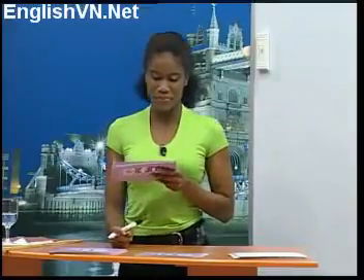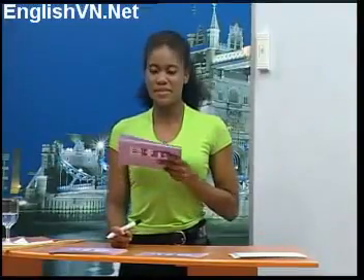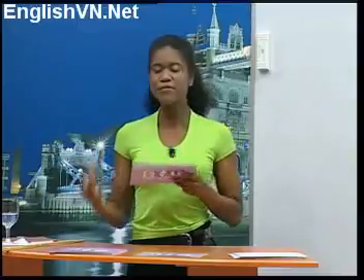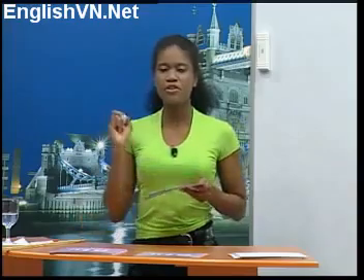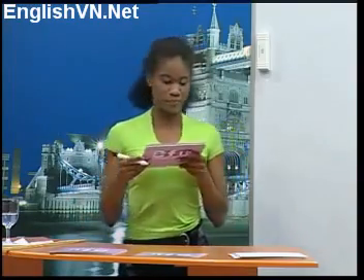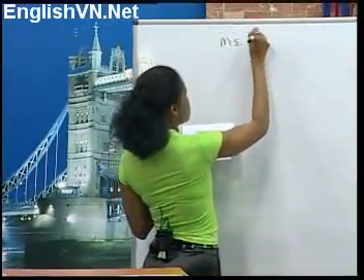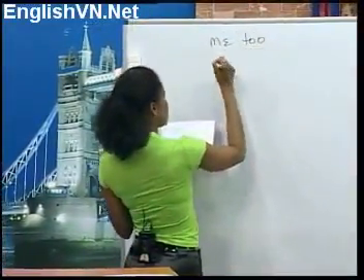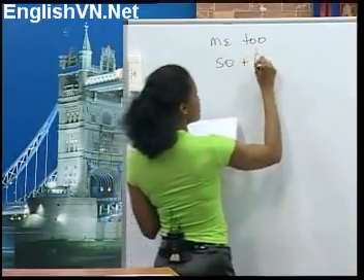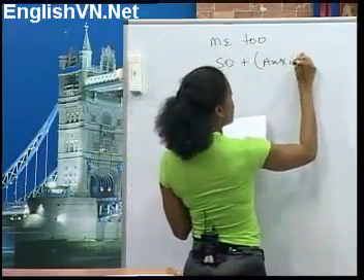Now we are going to look at ways we can agree or disagree with someone about their preferences. When you agree, you think the same or have the same opinion as someone else. When you disagree, you have a different idea or a different opinion or preference from what they are talking about. There are two ways of agreeing with someone. Okay, you can either say, me too, or so, plus your auxiliary verb,